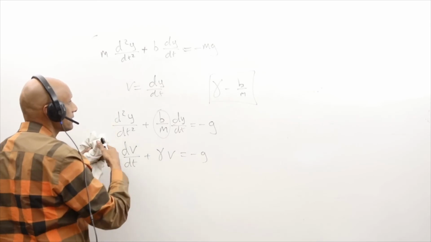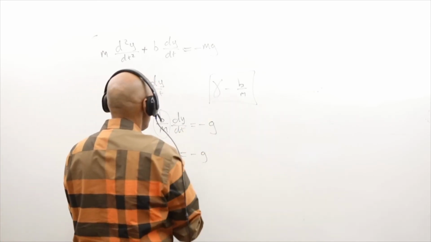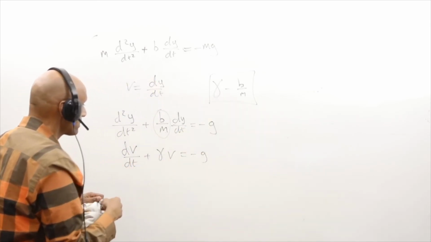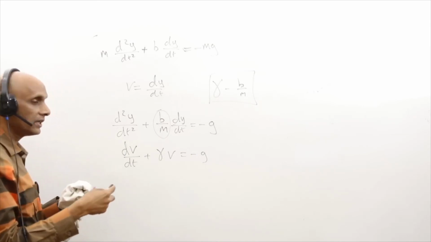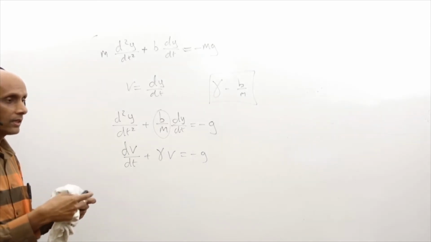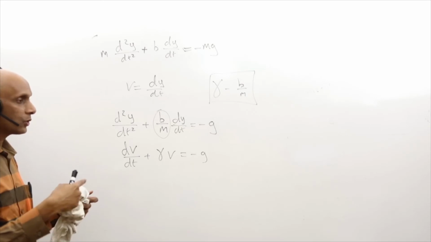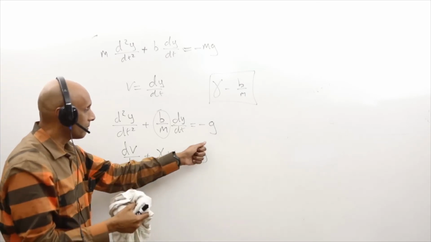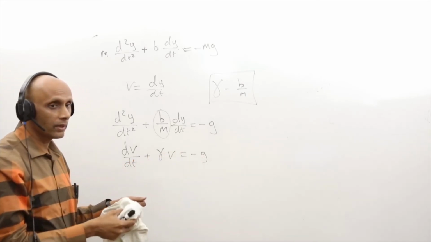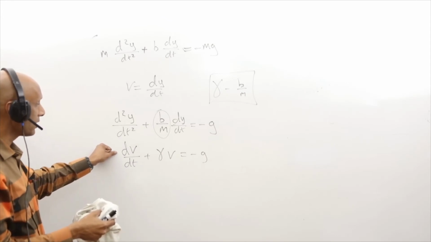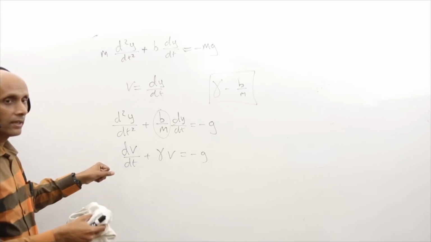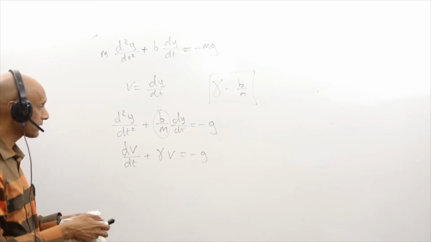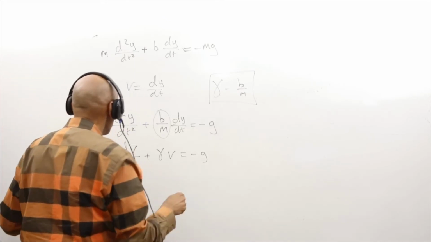So let me erase this, and let me write this down as gamma is equal to b over m. And we can solve this using the idea of a linear homogeneous equation with constant coefficients, and do the homogeneous and inhomogeneous, but I won't do it that way. This equation is simple because we can actually solve it using simple separation of variables. So taking this